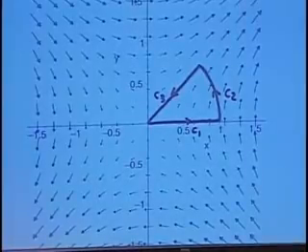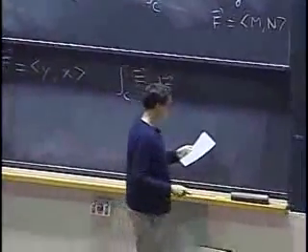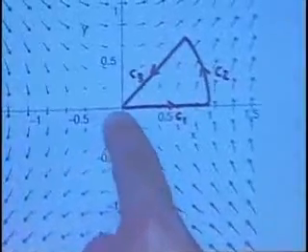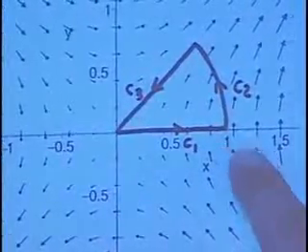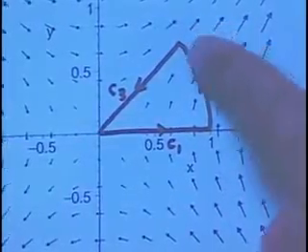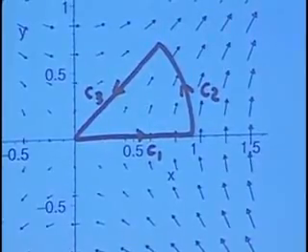And let's say we want to find the work done by this vector field if I move along this closed curve. I start at the origin, then I move along the x-axis to 1, then I move along the unit circle to the diagonal, and then I move back to the origin in a straight line.